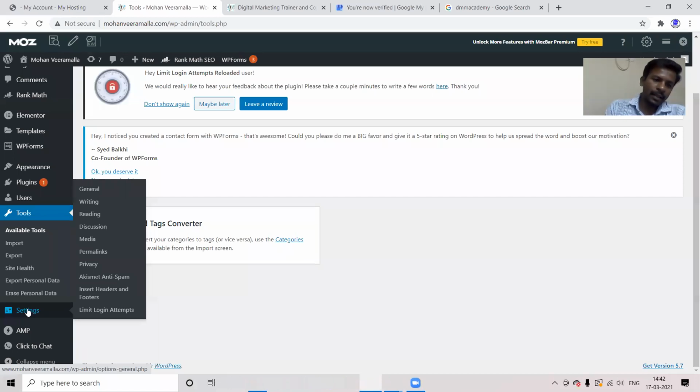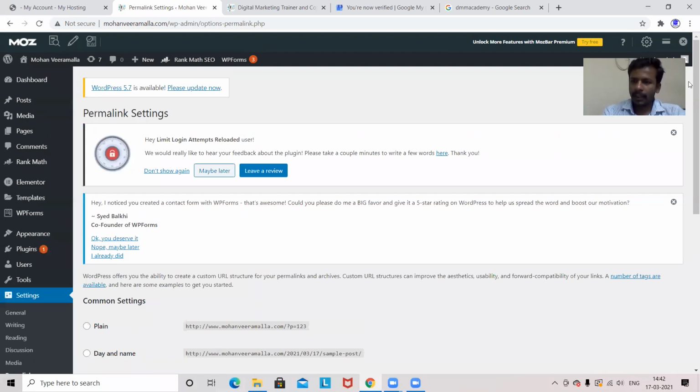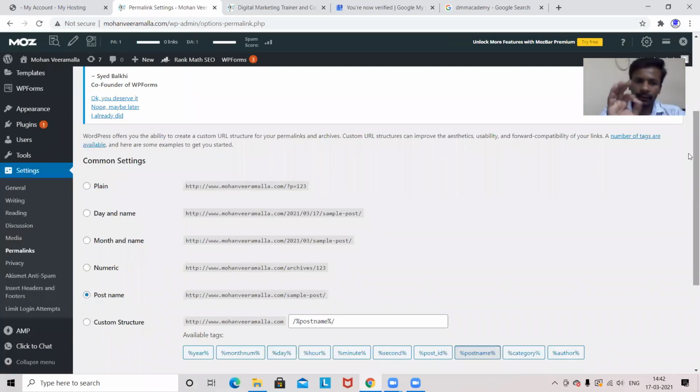In this, the main thing is the permalinks only. That means if you want to make your URL SEO friendly, then we'll be going into permalinks here. In these permalinks, we'll be selecting the URL type, like how the URL string should be. That we'll be taking from here. The better option is the post name. That means if you select the post name, it will give the normal URL which is SEO optimized. Okay, this post name.